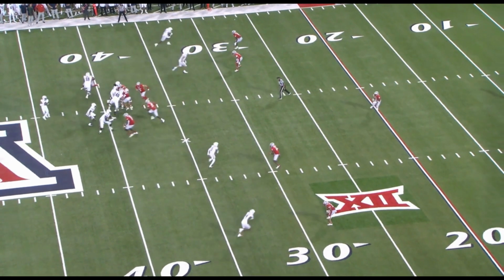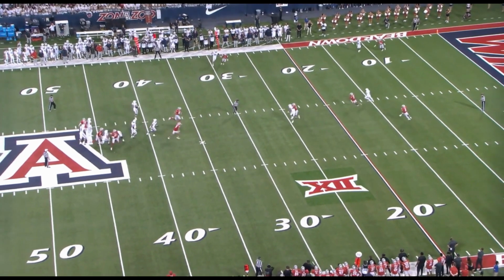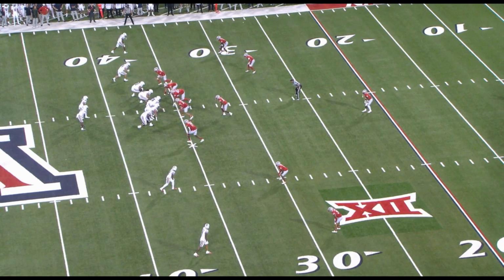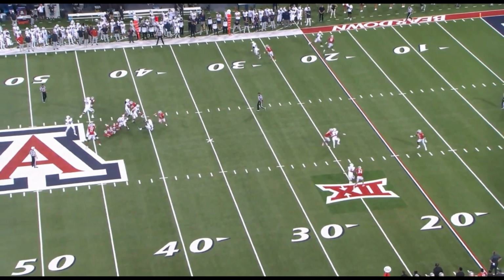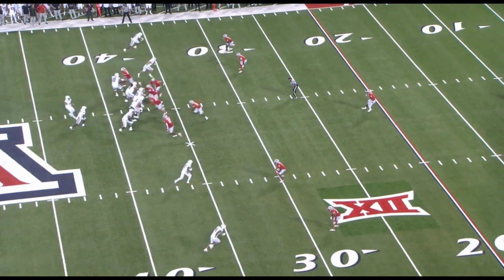Now, this is one of the things I want to see him improve. Watch the get off. Like I said, he plays at his own pace and his own tempo against off coverage, against catch coverage, catch technique by a DB. This is not going to get it done. And that's essentially what you see. That's exactly what the DB is running. He's running catch technique, so he's sitting at his depth. He knows where his leverage is, where his help is, and he's basically funneling him to a specific spot. But he makes sure he catches him, gets his arms around, things of that nature, to stay within phase at